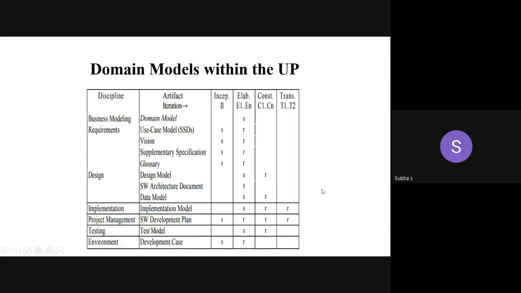Yes. The question is asked, explain the domain models with respect to the phases of UP. Like this means you have to explain with this table. This is the generalized table. For any case study, you can relate some terms. Implementation means implementing the library management system. Developing a plan for the library management system. Like that you have to add for the particular project.